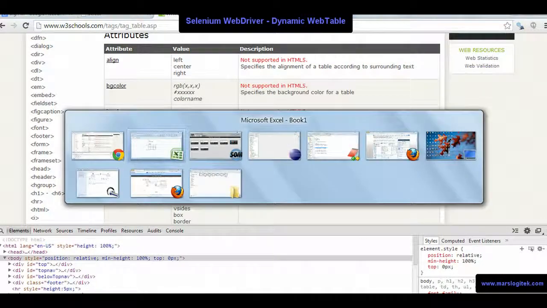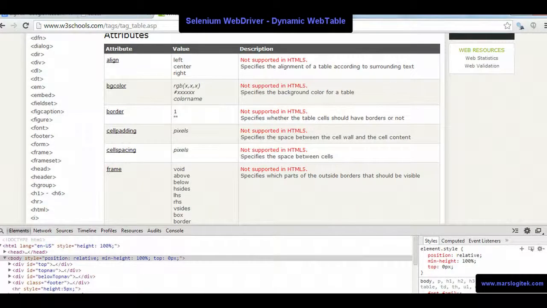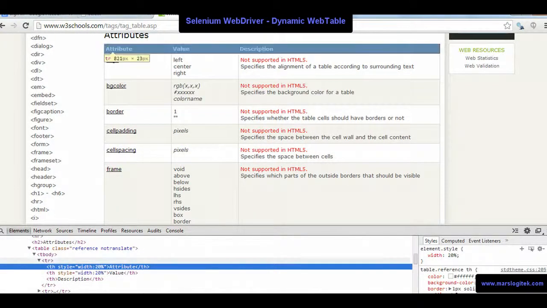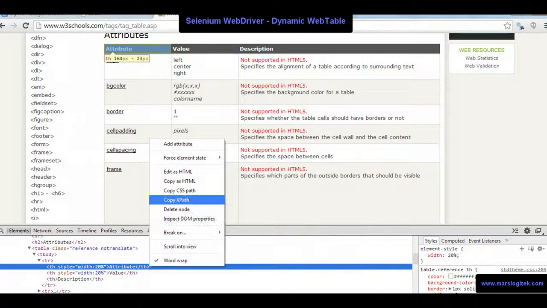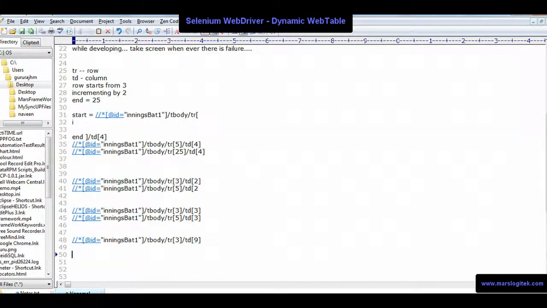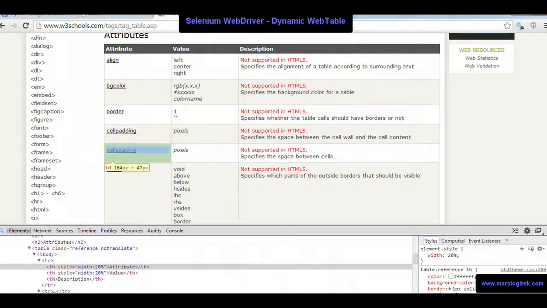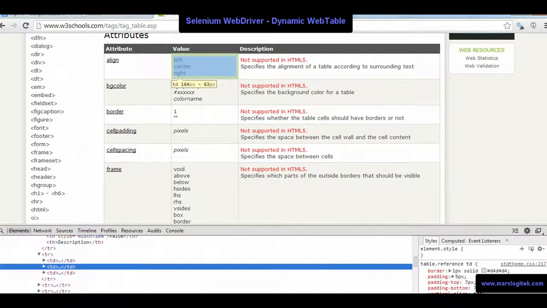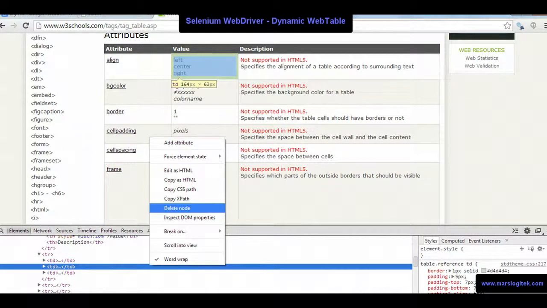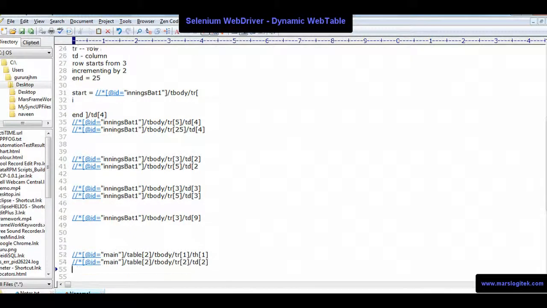So what I meant was, I'm going to write a very dynamic code now. So I'll try to analyze the XPath. As usual, I'll go to inspect element and let me try something. So this is a row, and I'll copy XPath and go to Notepad somewhere. Put this, and of course, I want to get the value of the next column. Of course, it will be in a TD. Copy XPath and put it over here.